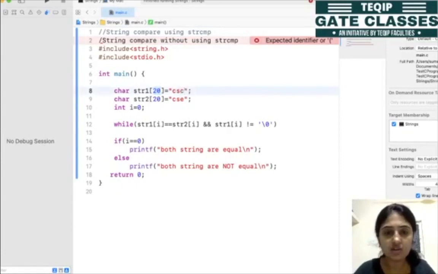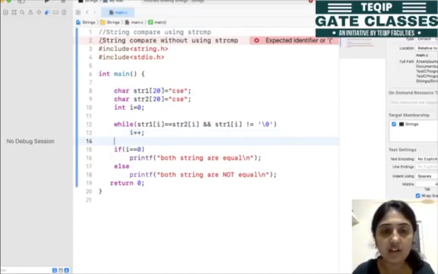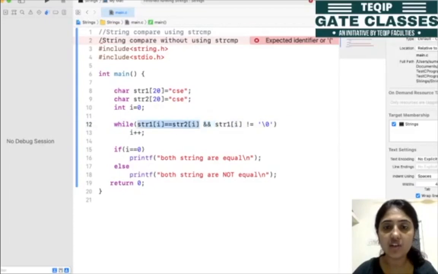So this is, let's say, our same, and if this condition is true, then we want to compare the next position character, the next position of the array. So here, this is our first location, C and C compare, if this thing is true, and this is the logical AND operator. Logical AND means both the left side and right side conditions, if both are true, then only this total condition is treated as true, right?